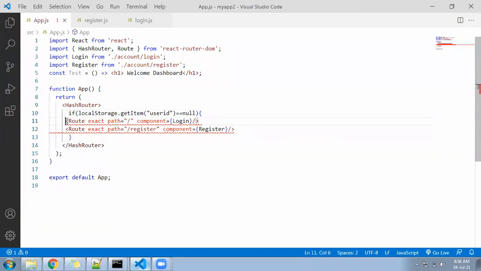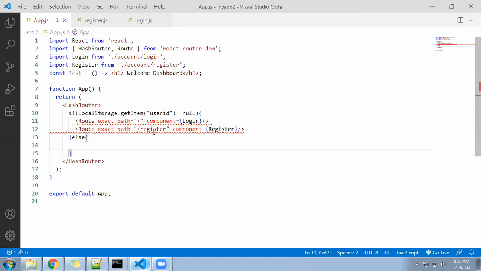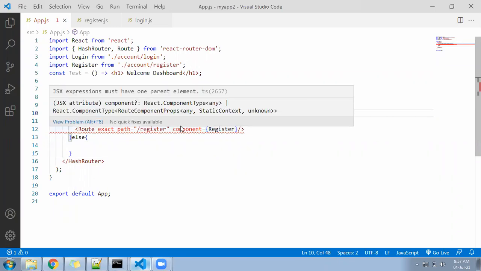Here was the doubt whether this if else will be accepted here or not. If not, then I have some other thing I can implement. Else. It's saying localStorage.getItem userID equal to null. This error should say something: JSX attribute component type any react something. JSX must have one parent element. No problem.